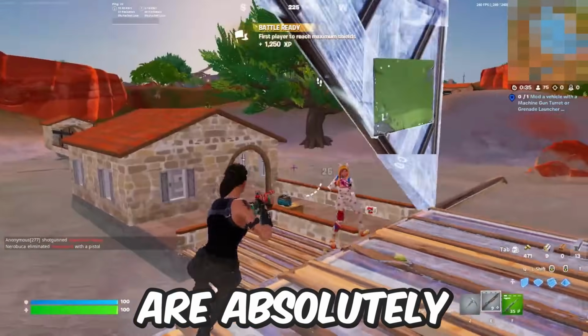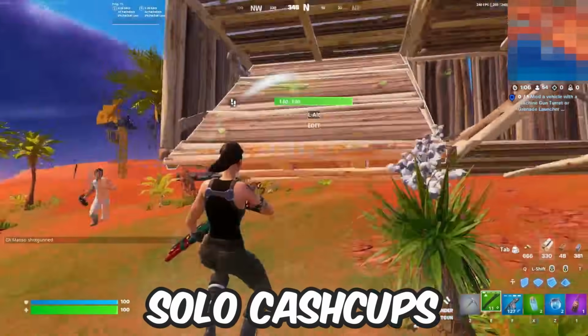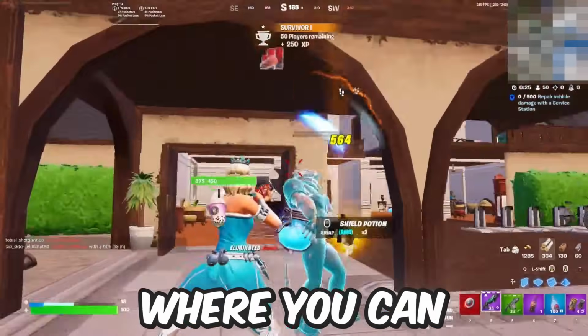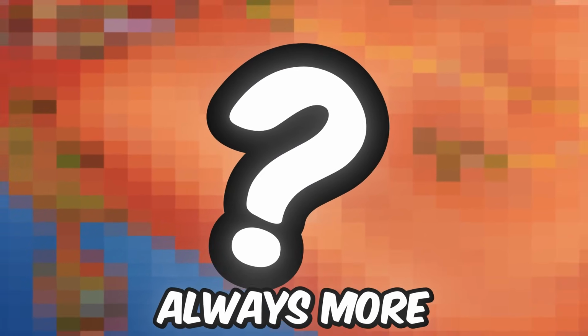as well as all of these spots are absolutely perfect if you guys want to go ahead and do better in tournaments this season. There's 9 solo cash cups, and a lot of these spots work extremely well in duos. I'm also going to be showing you a bunch of spots where you can get OP mythics that nobody else knows about, as well as the best loot routes, so you're going to be always more stacked than your opponents